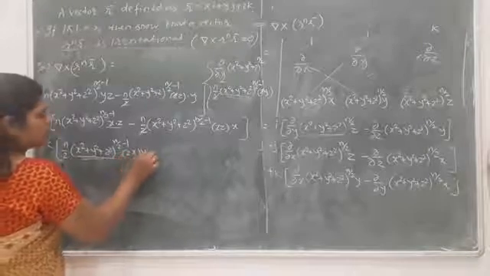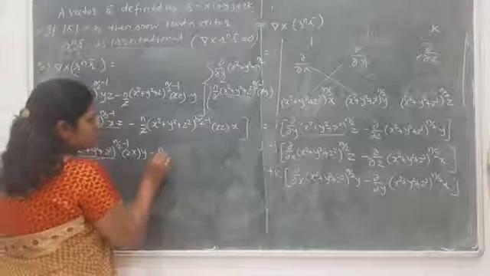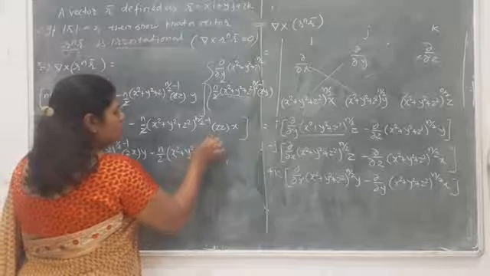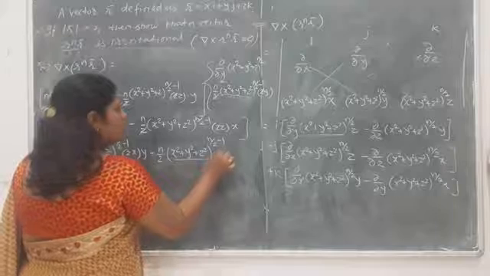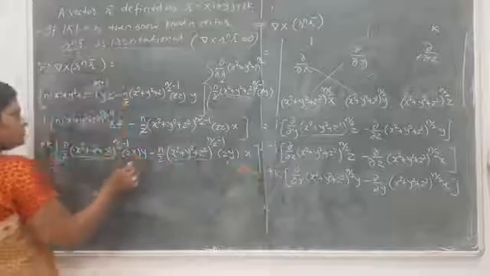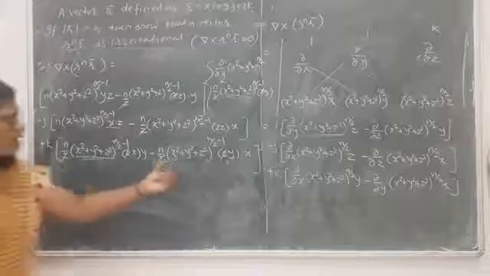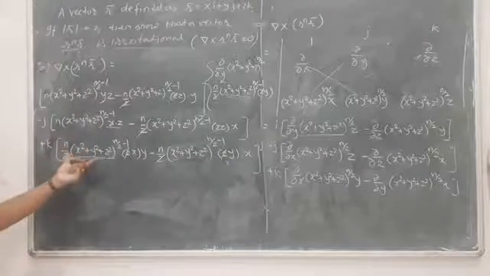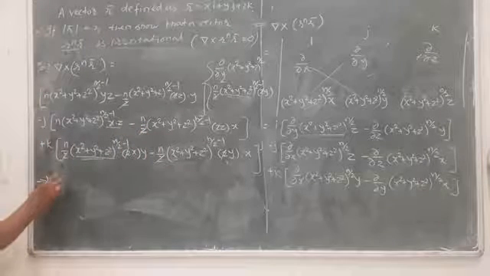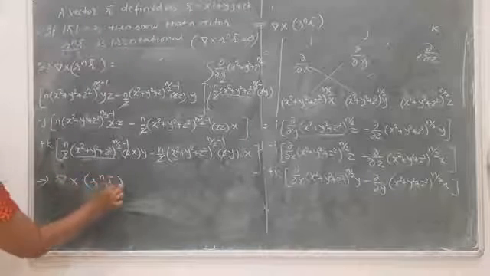In multiplication there is that y. Next, minus del y of this bracket, that is n by 2 into the bracket x square plus y square plus z square raised to the power n by 2 minus 1. Repeat, the derivative of this bracket with respect to y is 2y into x. So the 2 and 2 get cancelled. Here is also a 2 that gets cancelled. If you observe, there is an xy, there is a yx, the same bracket, and here is also the same term. So obviously the whole terms of each bracket cancel, and finally what you get is del cross of r raised to n into r bar equals 0.